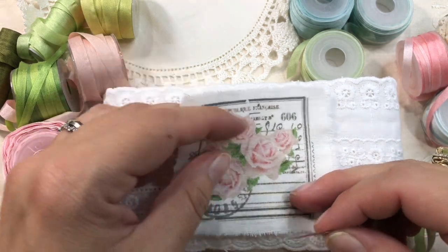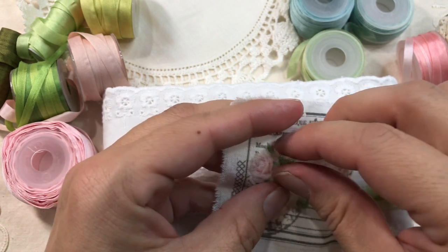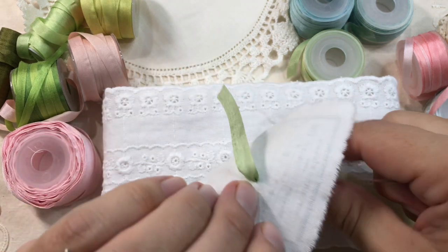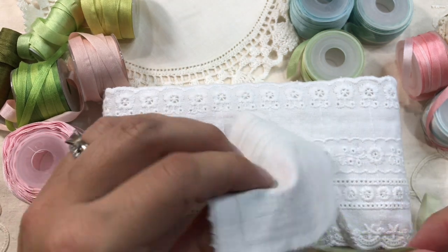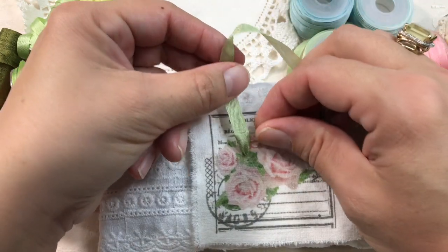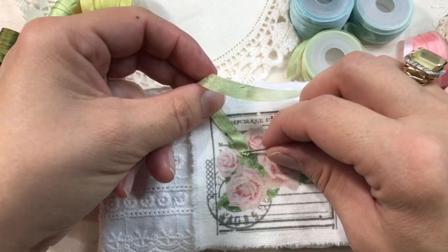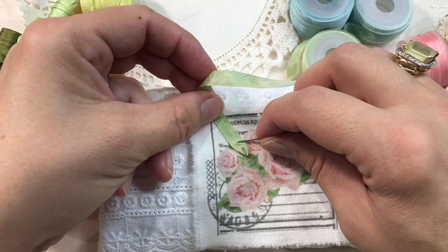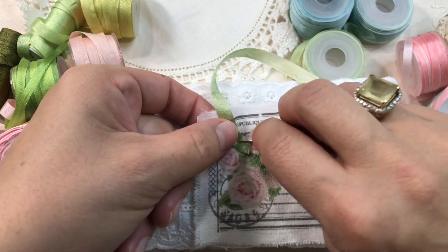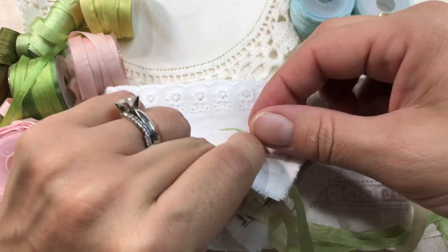Now let's go to the leaves. So I'm taking a 7 millimeters ribbon just so you see more, but I've been using 7 millimeters and 4 millimeters in that project. For this one, we won't be really pulling on the ribbon, so I'm not attaching my piece of fabric to my cushion. You just figure out which length you want your leaf, and you go back in,